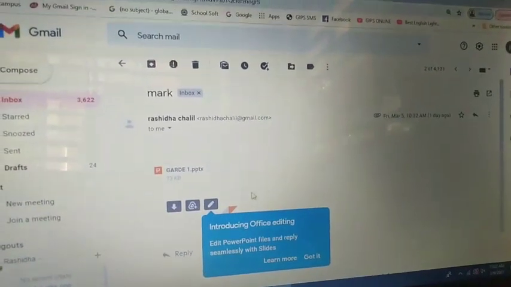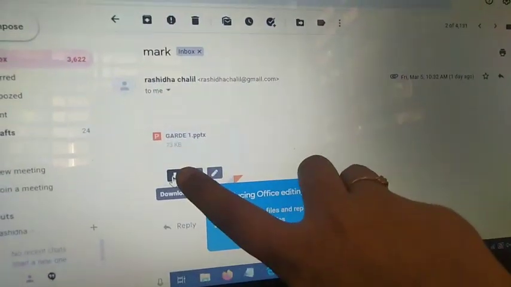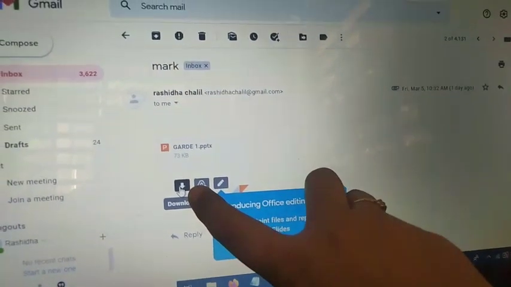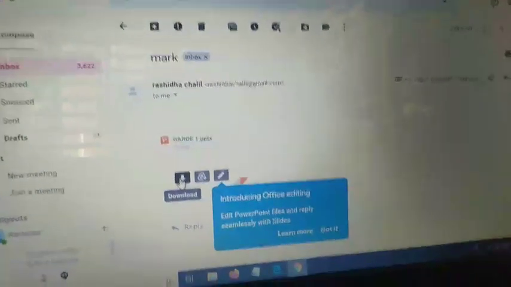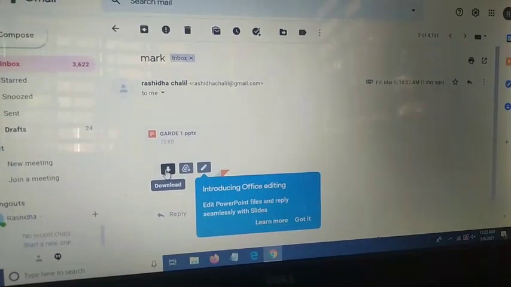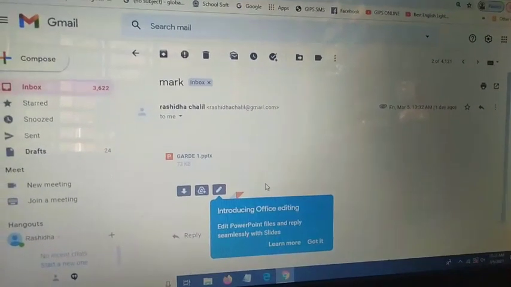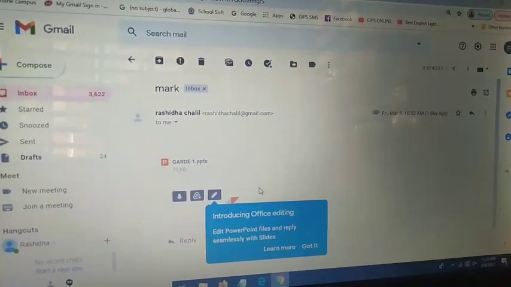Then we can go to this icon, and move the mouse over to that icon, then we can see a download option. This one. Now we discuss how to download an attachment.